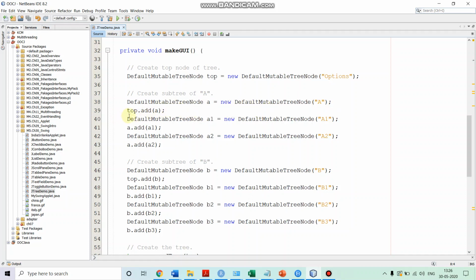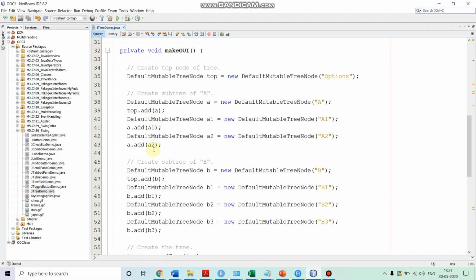We are calling the method add on the top node and passing the object A. After that we create two more nodes, A1 and A2, and we add these two nodes to the node A. So on A we call the method add, and we add A1 and A2.